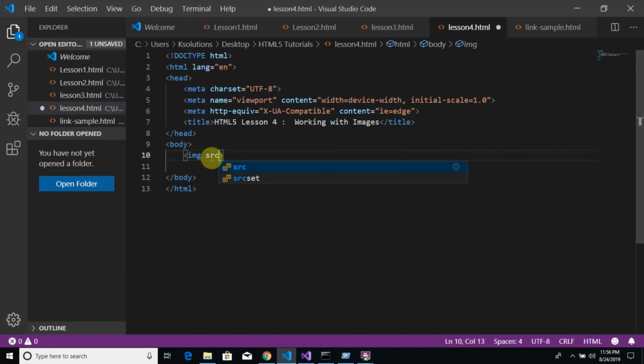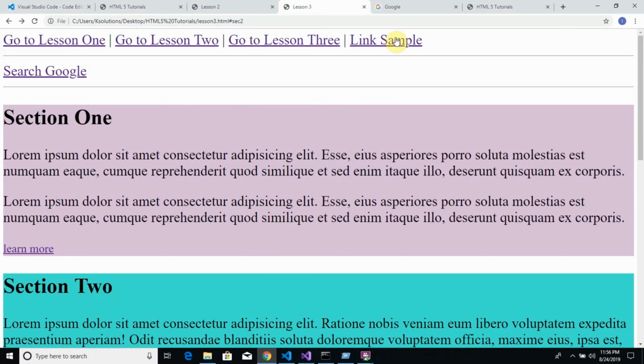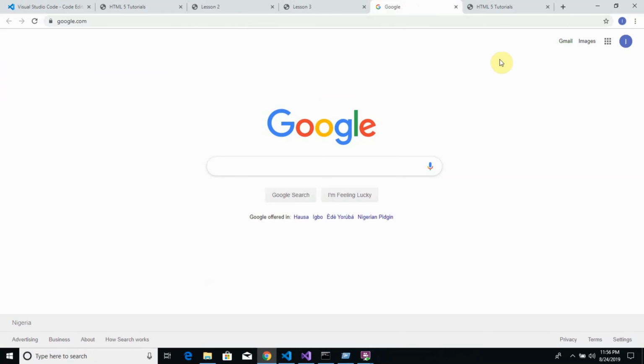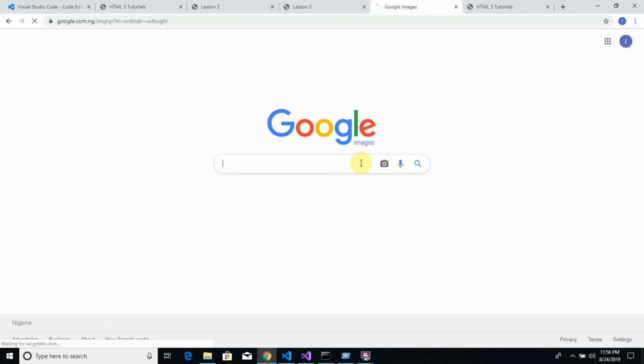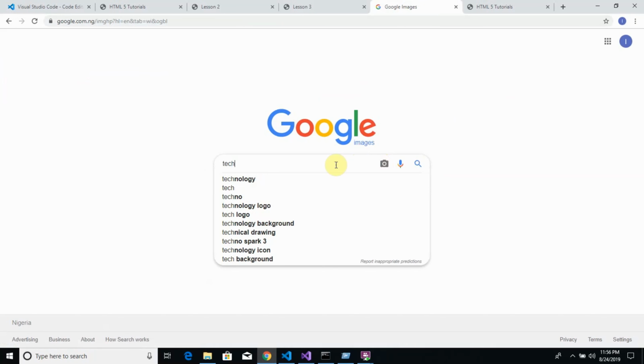The first thing there would be an src attribute. An src attribute tells us, just like href when we're working on a link, the source, that's the position of the image that we want to show. So here, like this. We don't have any image yet. I'm going to go to Google Images and download some images. Let me just say tech guys, tech inventors